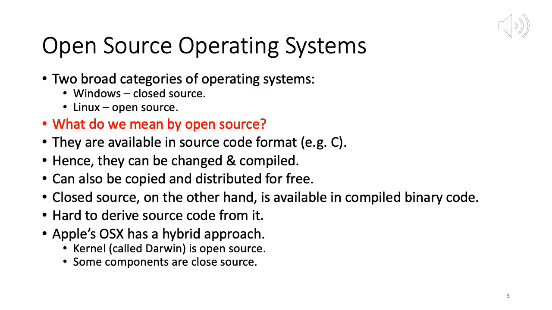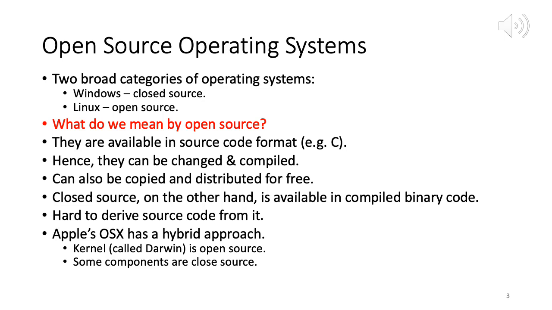So what do we mean by open source? For the OS, the source code is available in the public domain. One advantage of that is it can be changed, modified and compiled. So tomorrow if I want to improve an operating system's functionality, maybe improve the memory management algorithm, or look at more efficient execution of interrupts, I can change the source code and suggest those changes, and hopefully they will be accepted. Because the source code is available, you can change it, compile it, and run it on your own.